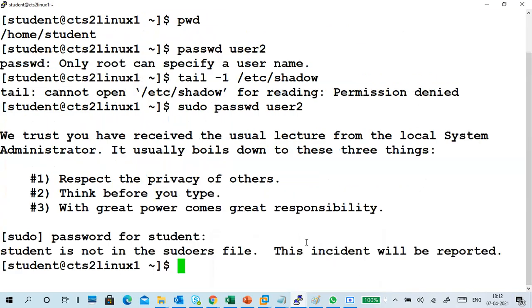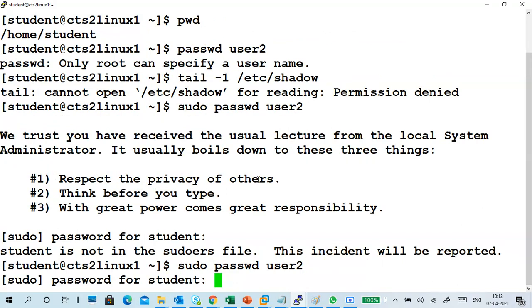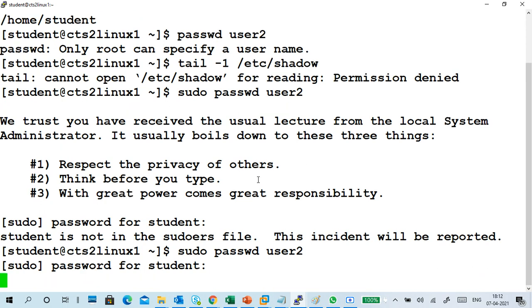Now I'm going to the student. I try the sudo command again. It is asking for a password. It is not scolding. It should not ask for a password, but it is asking because of login time. The user settings are changed, but the session still doesn't know it. So it is asking, but I press Ctrl+C.